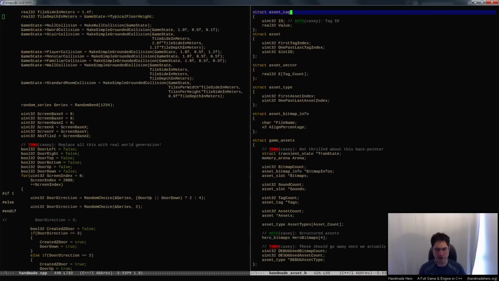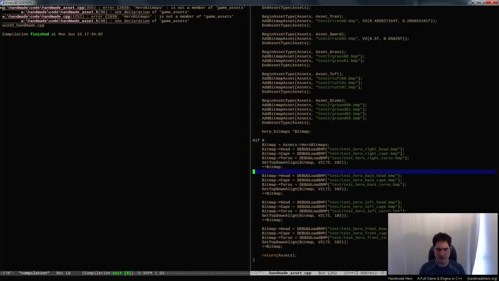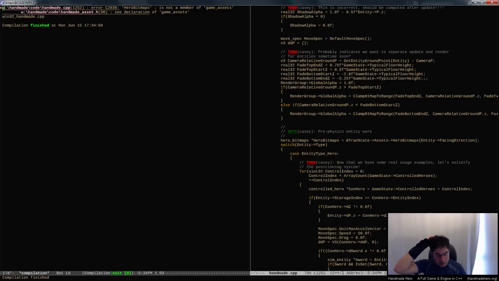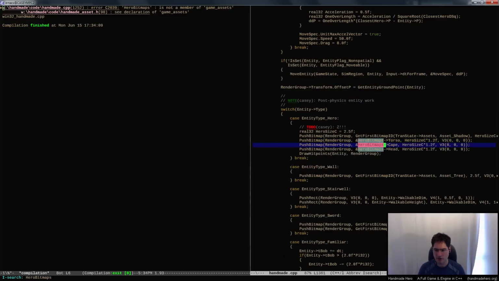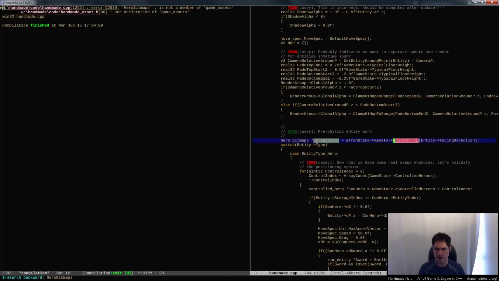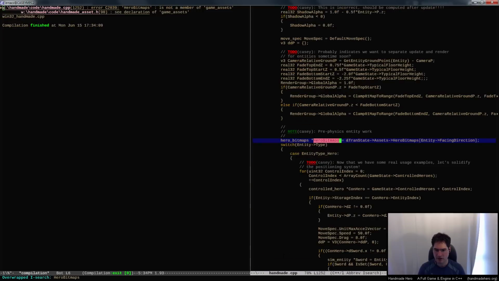So let's start off by turning off those hero bitmaps entirely so that we just don't have them anymore, right? And so we can see everyone who's trying to use them. And here you go. You can see us grabbing the hero bitmaps out here. And if we take a look at what happens with those hero bitmaps, I guess they get used here both by the familiars and here by the hero. It looks like, yeah,